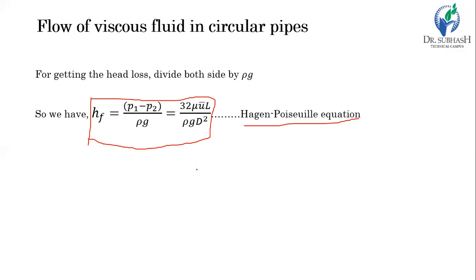That is all for today, friends. Let's summarize what we have done today. We started with the characteristics of laminar flow. We first saw the two types of flow, laminar flow and turbulent flow. Then we saw Reynolds experiment and the three different consequences of Reynolds experiment. And then we derived the Hagen-Poiseuille formula, which is used for the flow of viscous fluid in a circular pipe. Okay, thank you, friends.